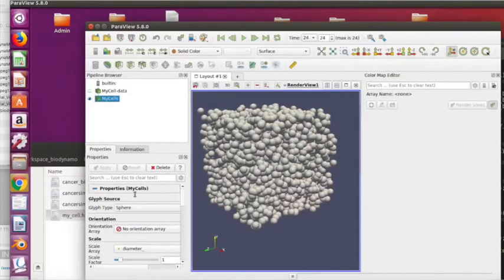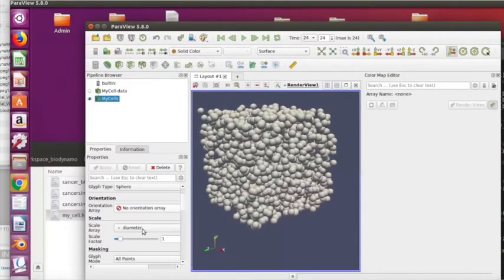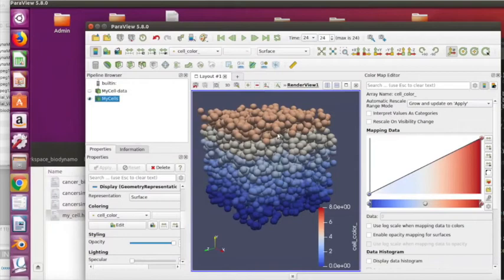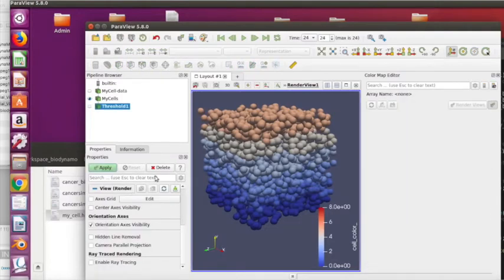So let us now change the coloring so that you can see what I meant before when I said that the coloring changes depending on the y-axis. So here you see that we have different colors, and this is the y-axis, as you can see here. Now still you cannot really see anything happening here, and the reason is that the cancer cell is inside this bunch of cells. So what we can do now is create a